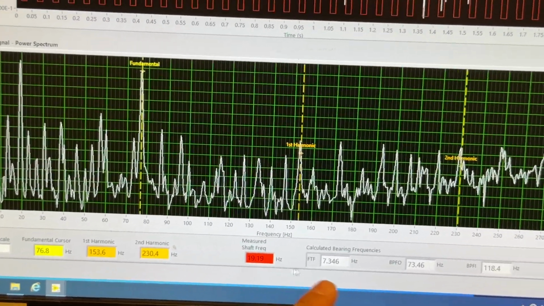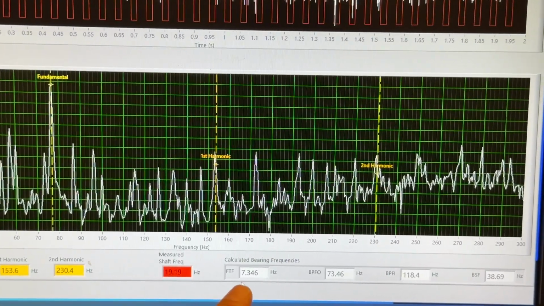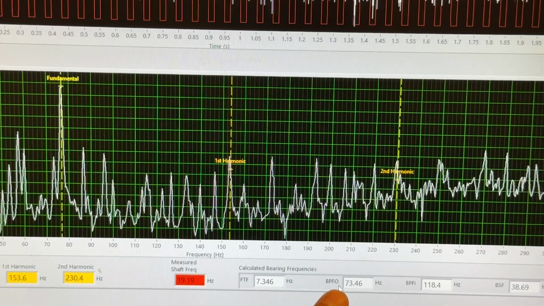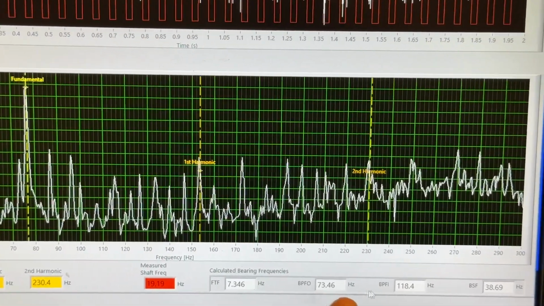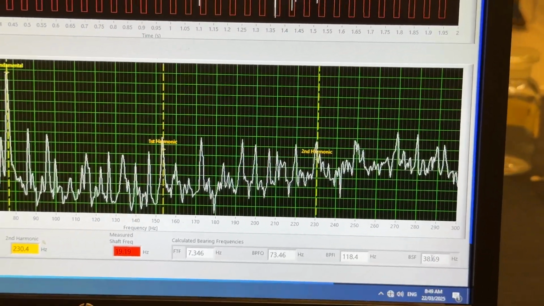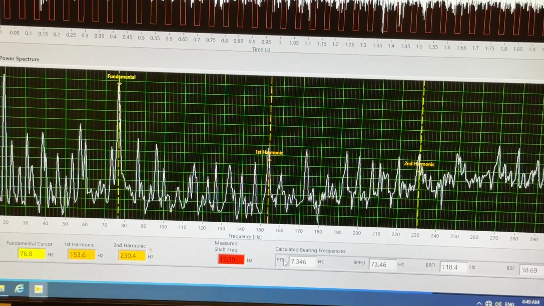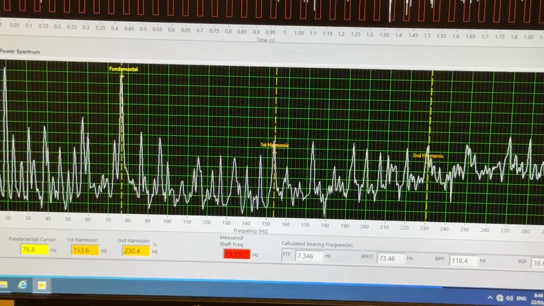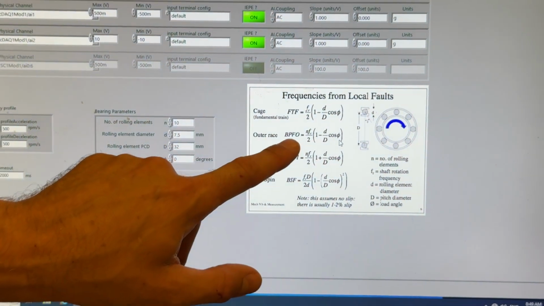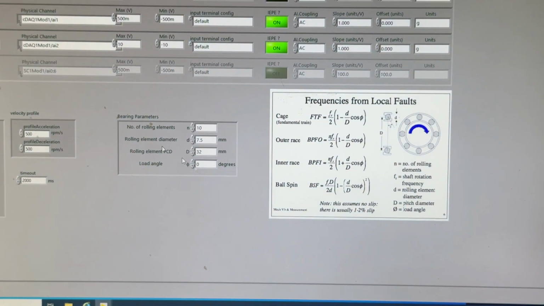Based on the shaft frequency, this software also calculates for me the various bearing fault frequencies: the fundamental train frequency at 7.3 hertz, the ball pass frequency on the outer race at 73.5 hertz, inner race 118, and the ball spin frequency 38.7 hertz. These are functions of the shaft speed as well as the properties of the bearing. We defined the properties of the bearing in the previous sheet. Here are the frequencies from the various local faults. These are the equations that are being used based on these input parameters and the measurement of the actual RPM